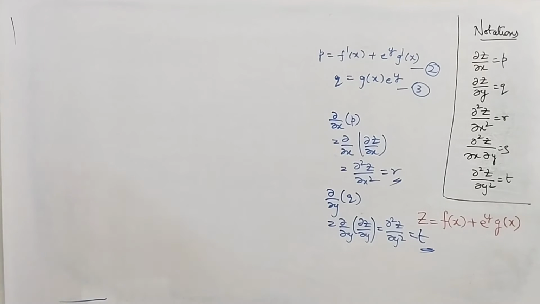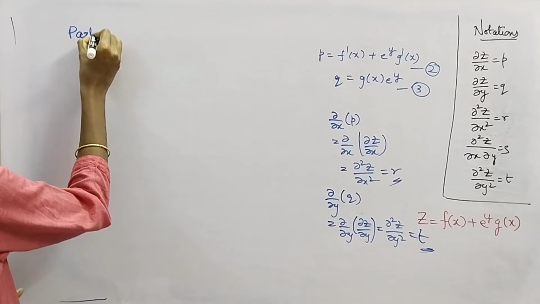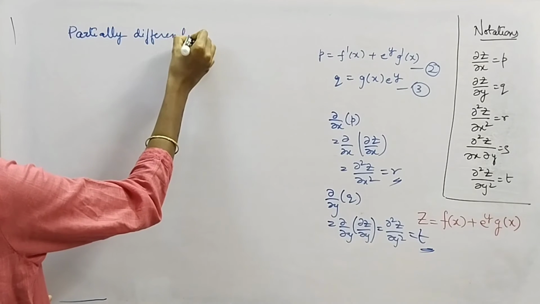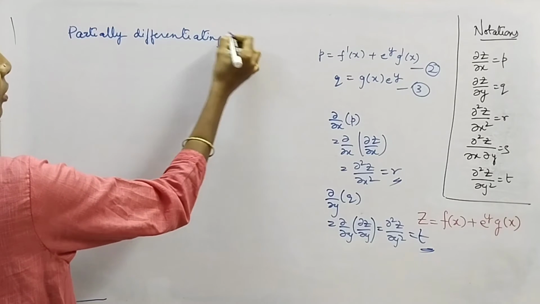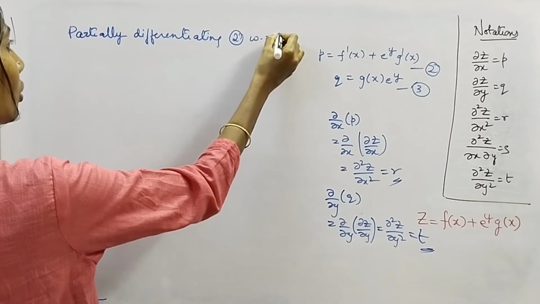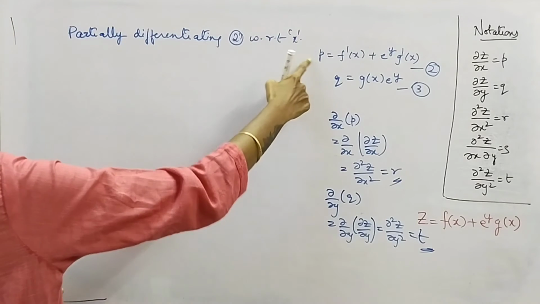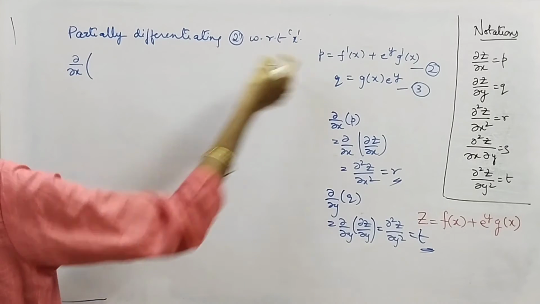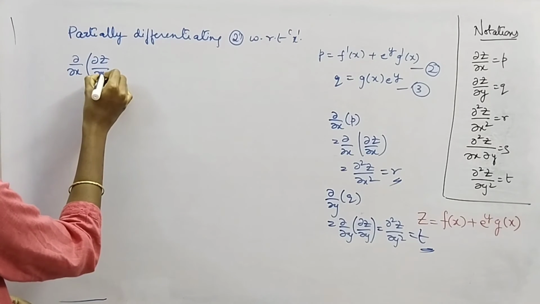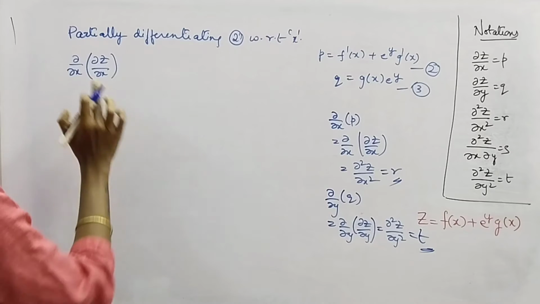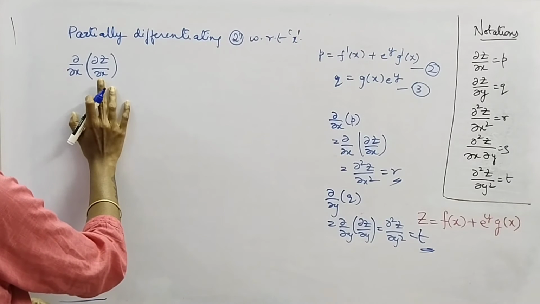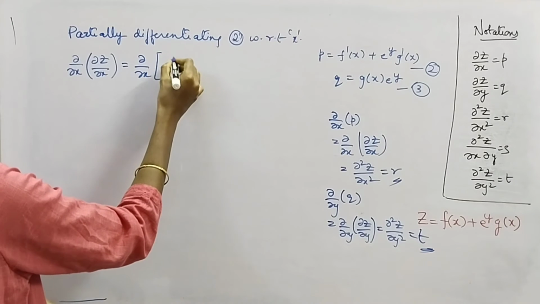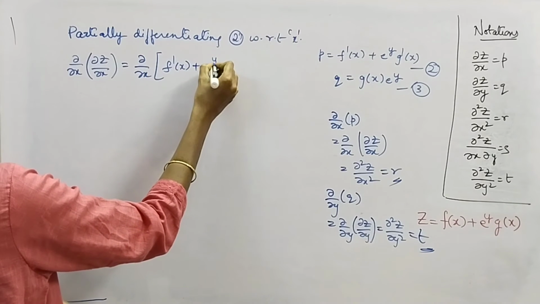Now what I'm going to do is partially differentiate with respect to x. P is nothing but dou by dou x. I'll write P as dou z by dou x for my convenience. You can write P also, but for my convenience I'm writing P as dou z by dou x equal to dou by dou x of the RHS part, f dash of x plus e power y into g dash